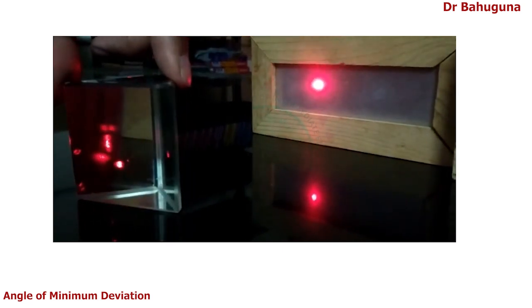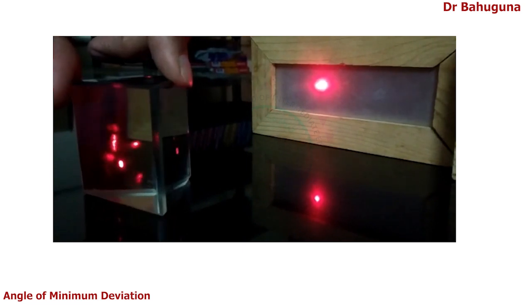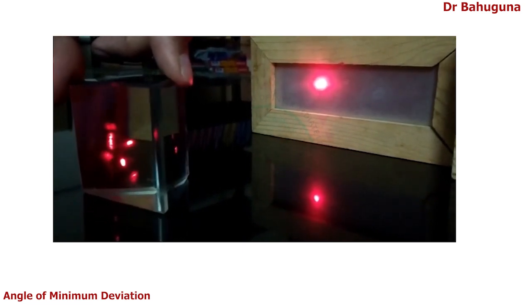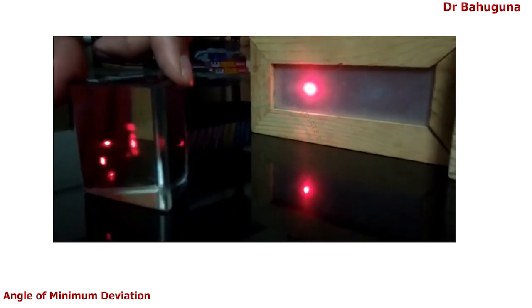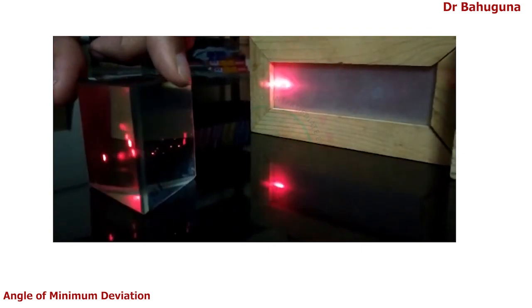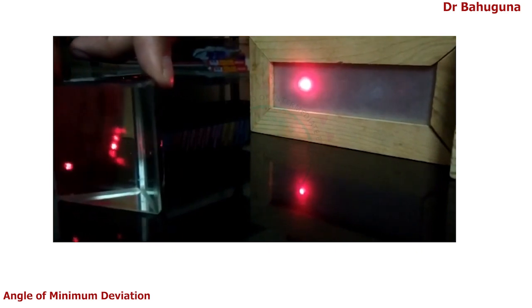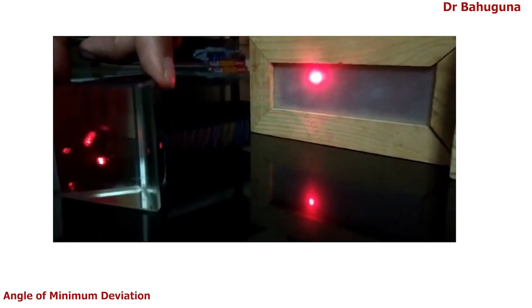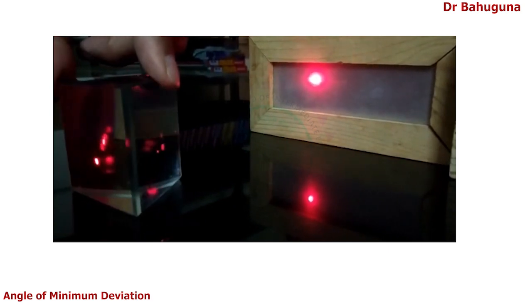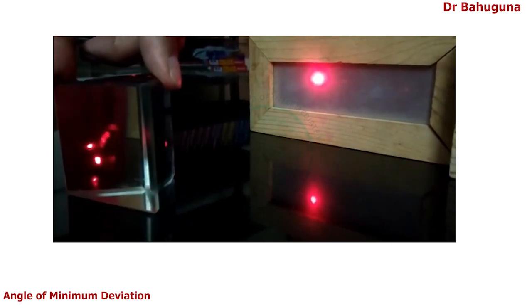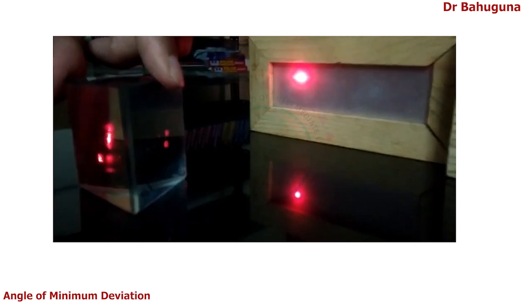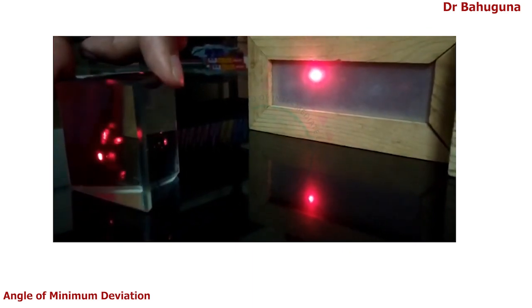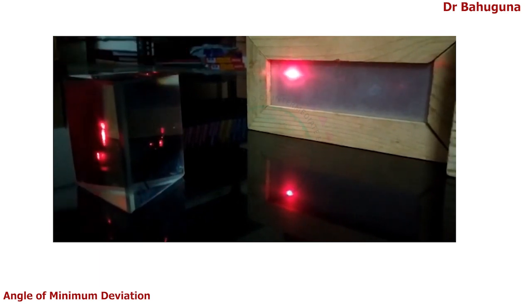So instead of going forward, it is changing direction. That point is called the minimum deviation position of the prism. See, when we are rotating, the image is moving towards the right side. At one point, it is not going further. It is just coming back. That position where it is just turning back is the position of minimum deviation for the given prism and for